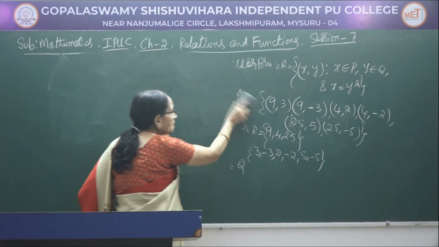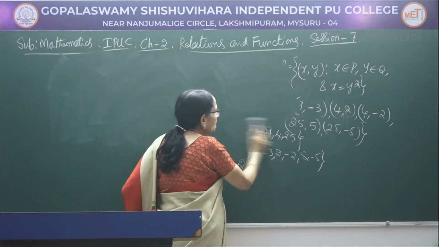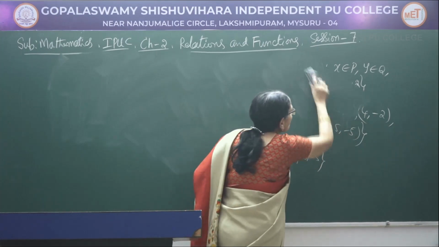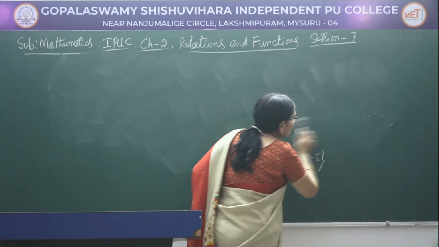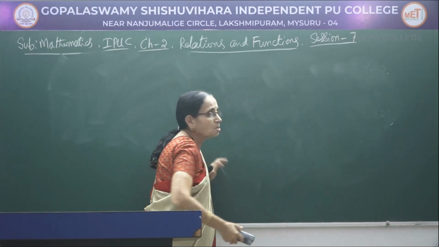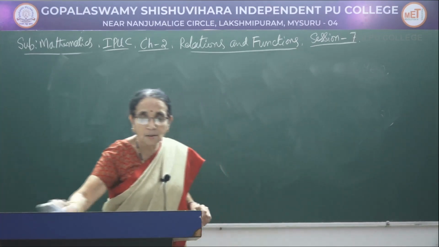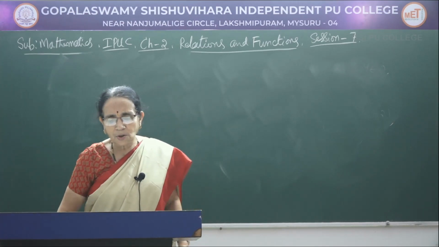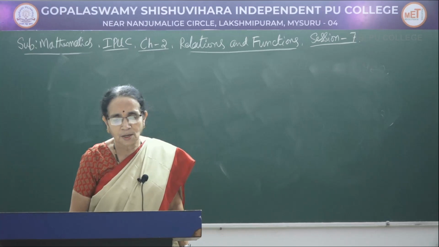Usually the relation is given, you will be asked to find either the elements in the roster form, or the domain, or the range, or sometimes you will be asked to express the relation using the arrow diagram. But this type of problem also you can expect. Now the next problem is different from this one.